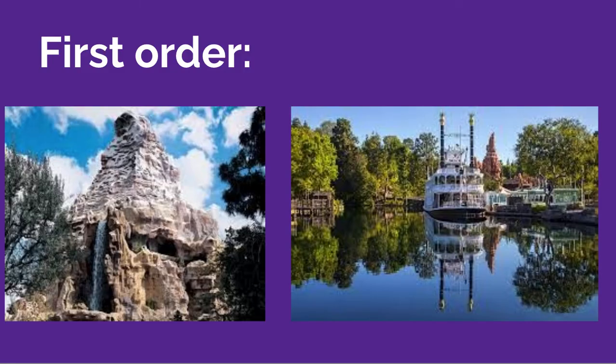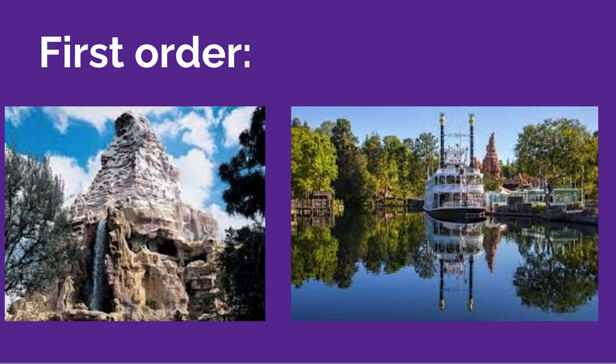Relating to his first order simulacra, we can see the Matterhorn, and that actually is a real mountain in Europe. A lot of people are surprised when they hear that, but the Matterhorn is a placeholder for the actual Matterhorn. And obviously it's a placeholder because there are not bobsleds, and there hopefully is not a Yeti in the actual Matterhorn. The picture on the right shows the Rivers of America, and we know that this is not actually the Rio Grande nor the Mississippi River, but we know that it's supposed to represent both.